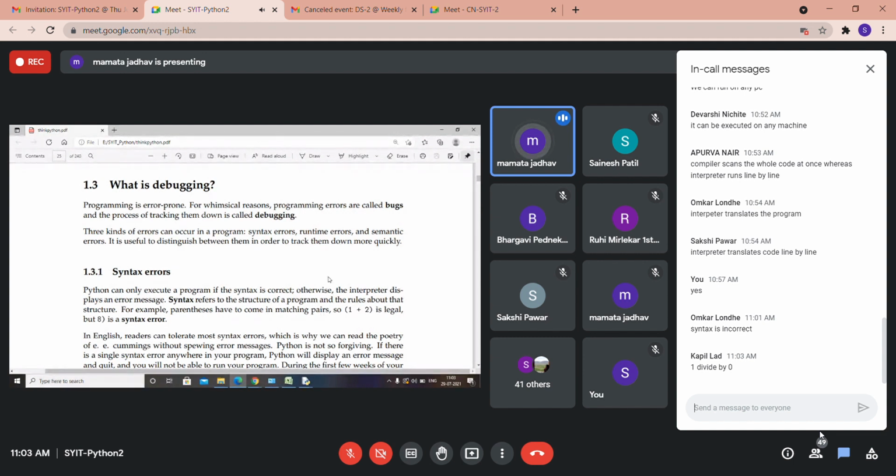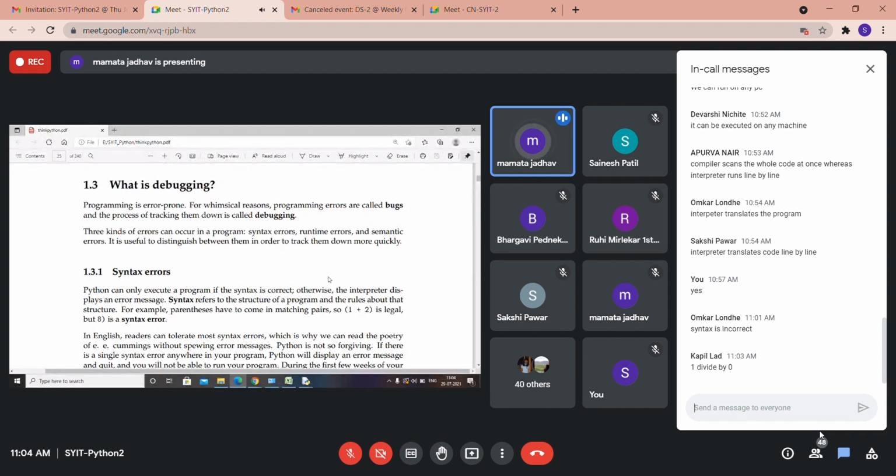One divided by zero, or any number divided by zero basically. It can be an example of a runtime error. Suppose your program is syntactically correct and is accepting two inputs from the user and performing a division operation.